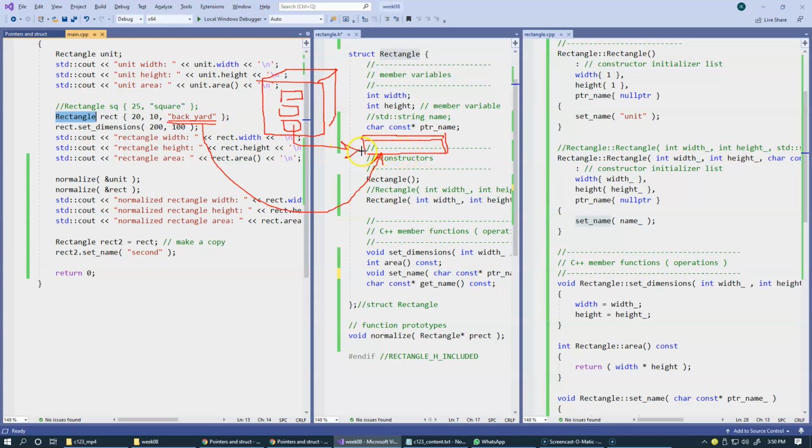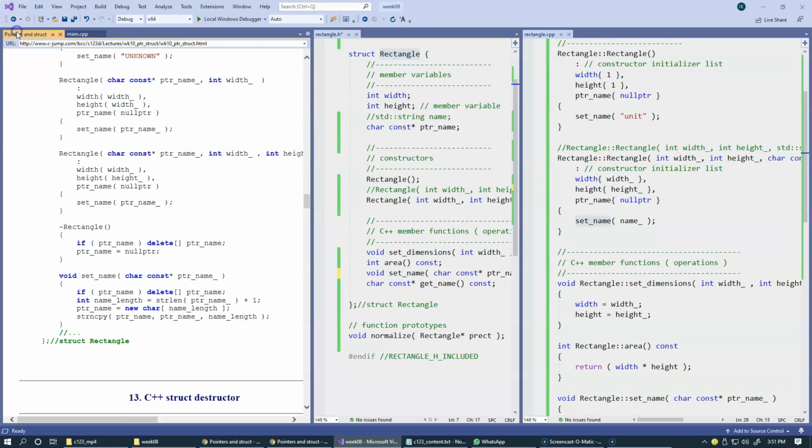Now it's very important that at the end of our function, when the rectangle object is destroyed and goes out of scope, we are able to deallocate the dynamically allocated memory. Whenever part of a structure's implementation is allocating and deallocating memory, we need to be able to capture the event when an object of this type is going out of scope. In C++,